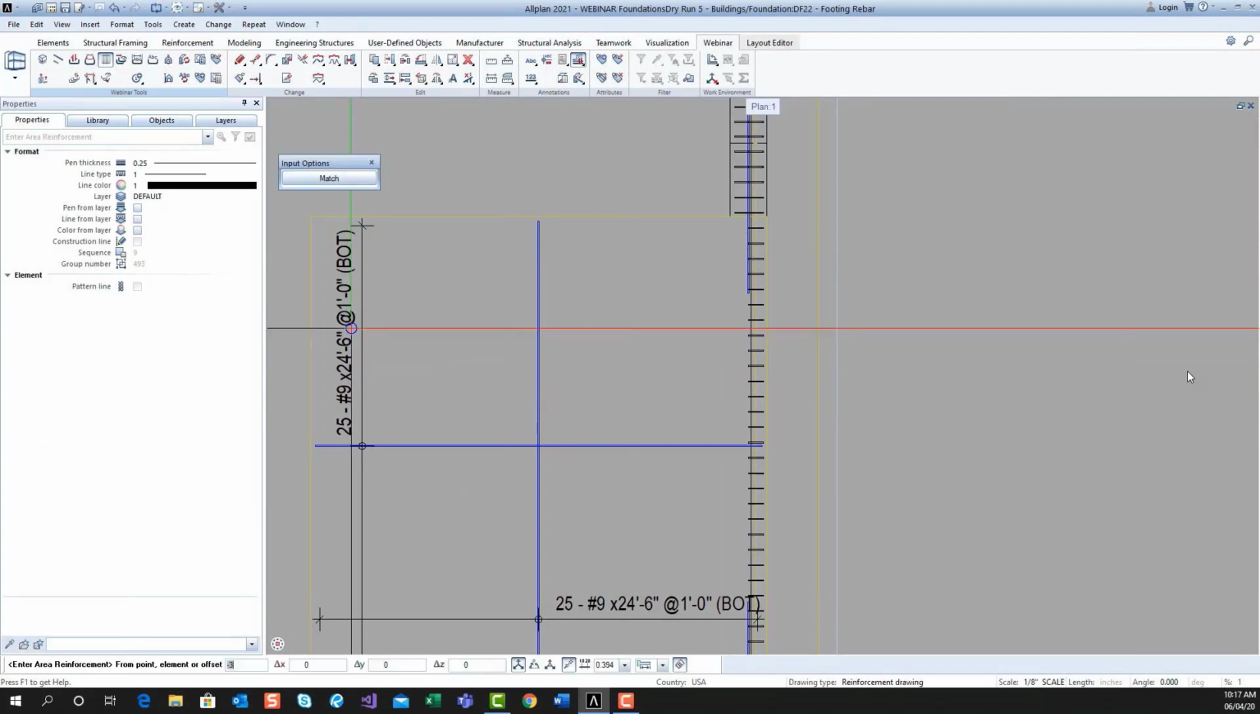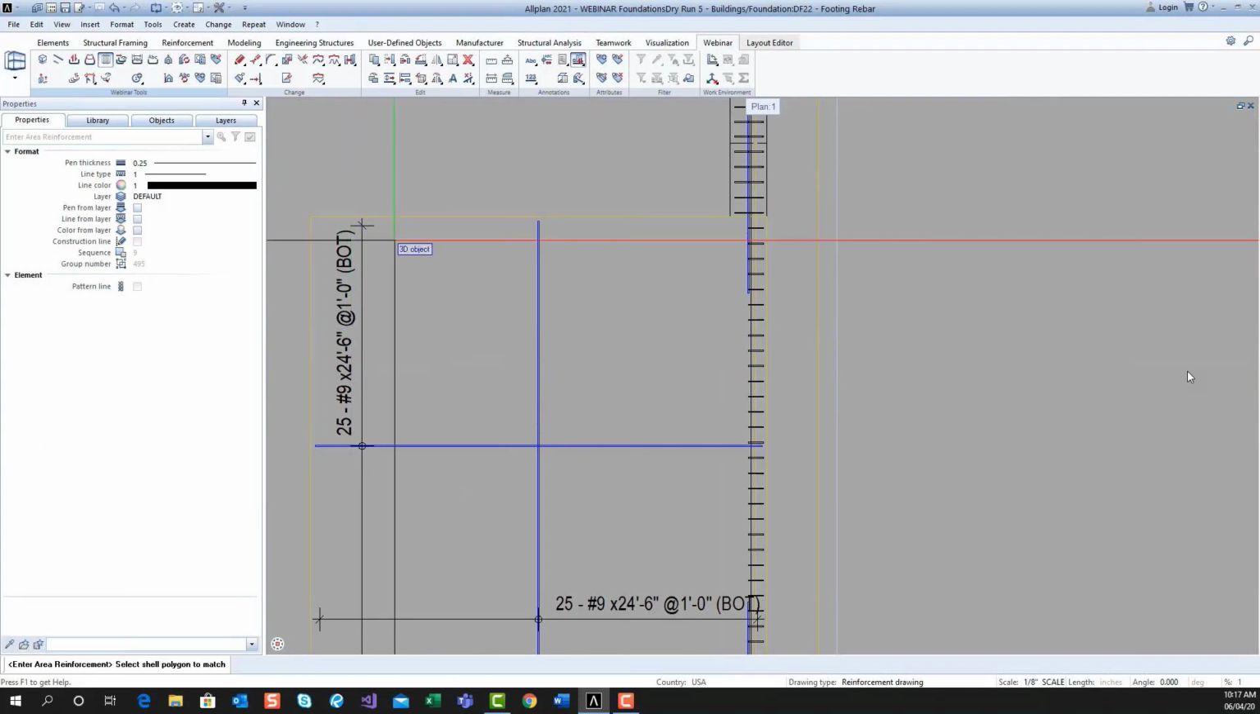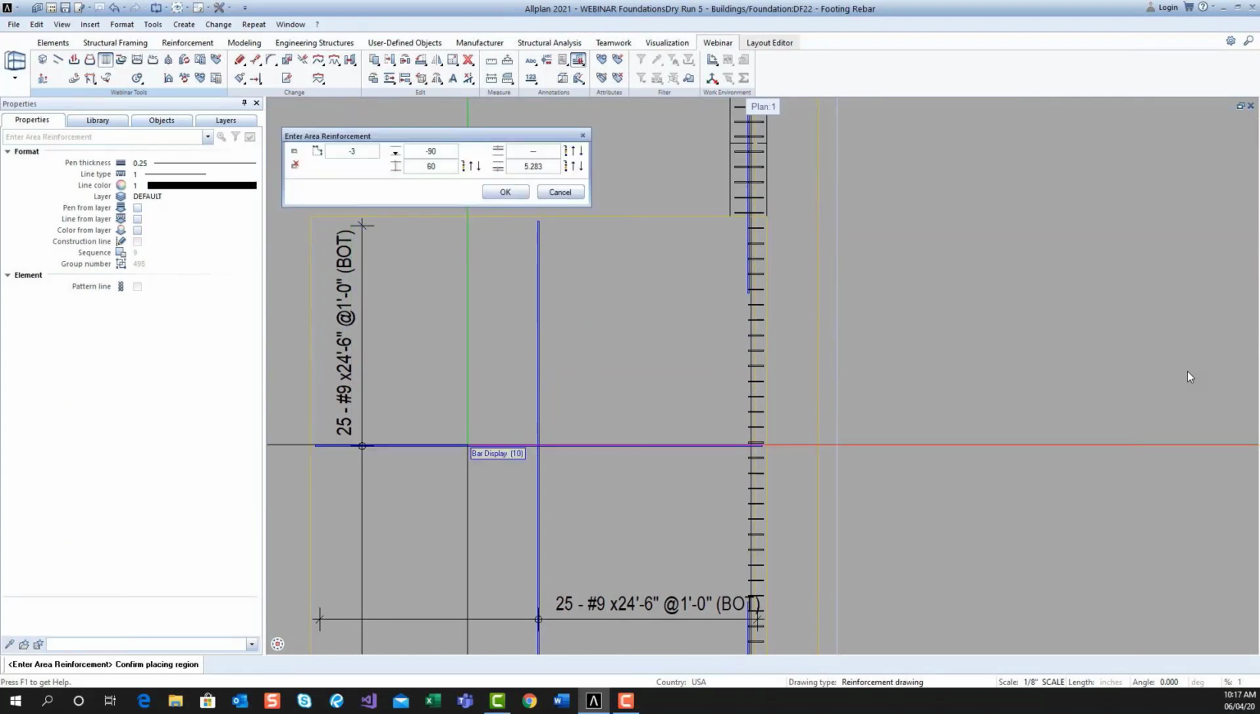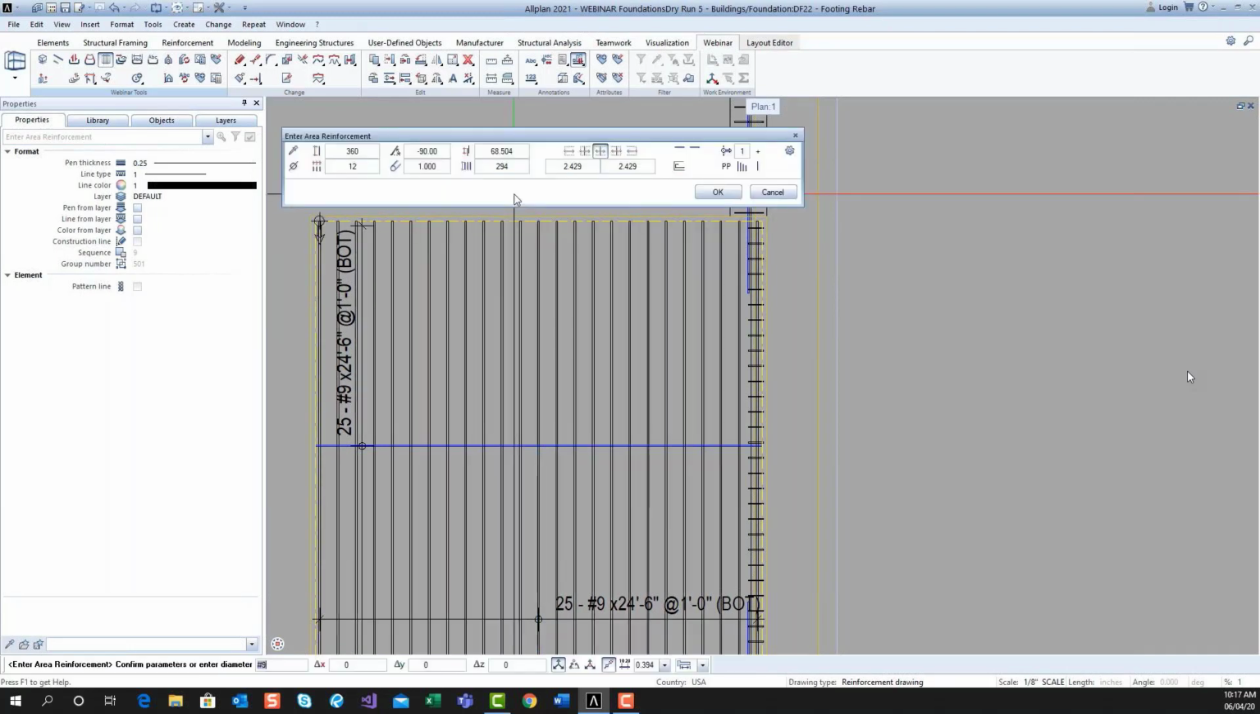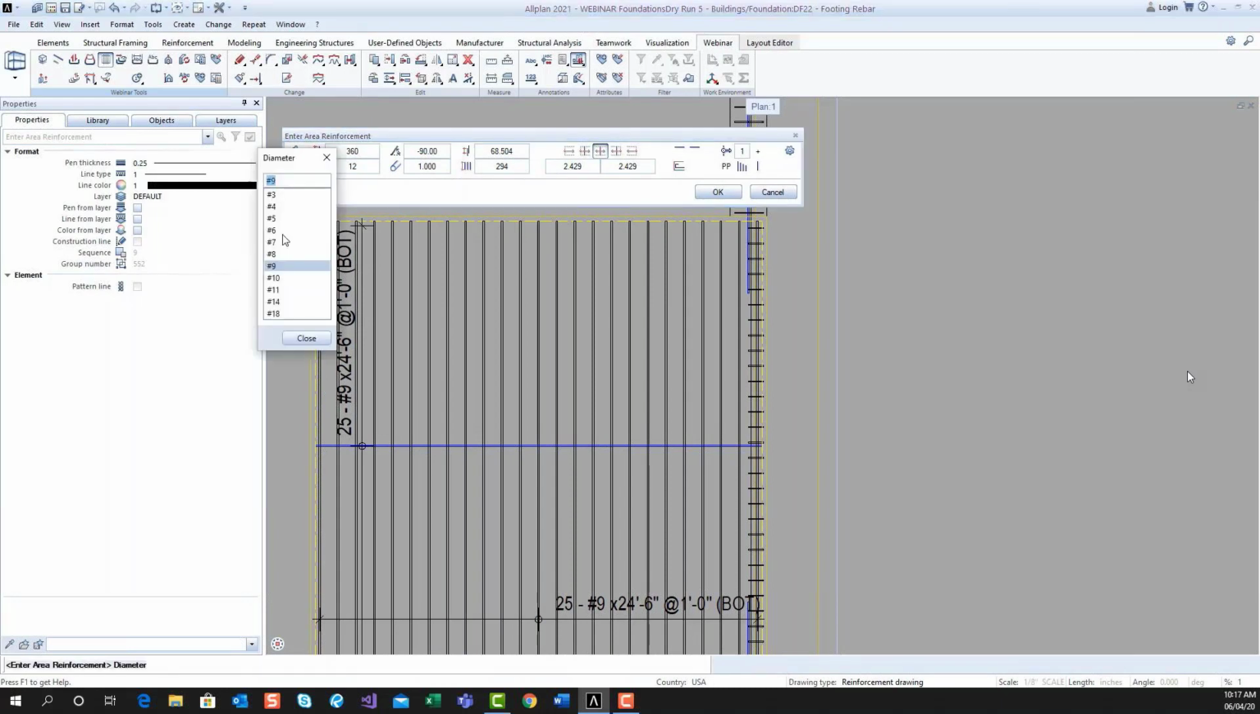This is a tool that's built into ALLPLAN. This is not a macro. This is nothing. This is built into our software. So the ability to do this just out of the gate without any user intervention to modify it is really a good thing. So I'm just going to change the number of bars for the top and bottom